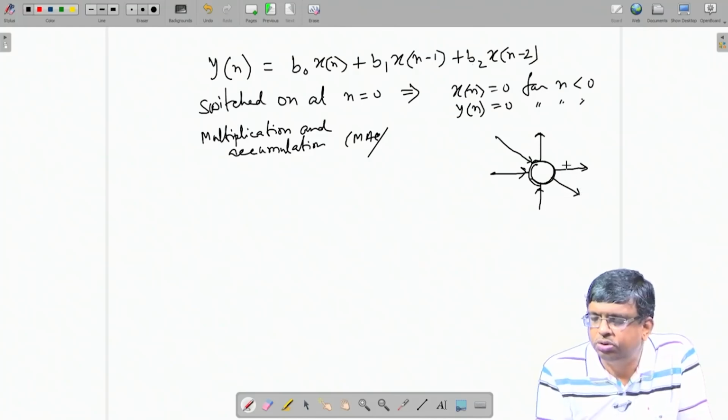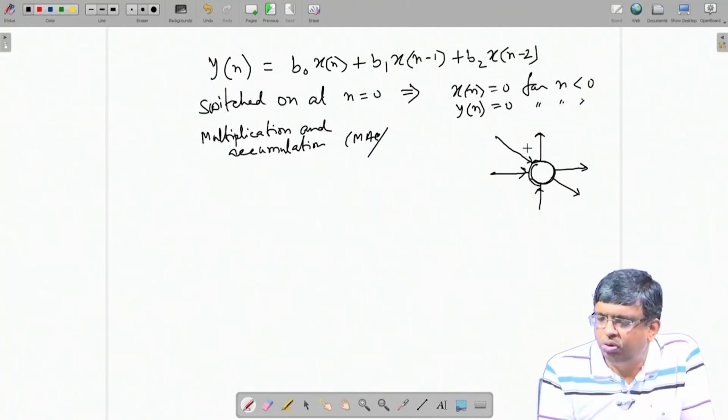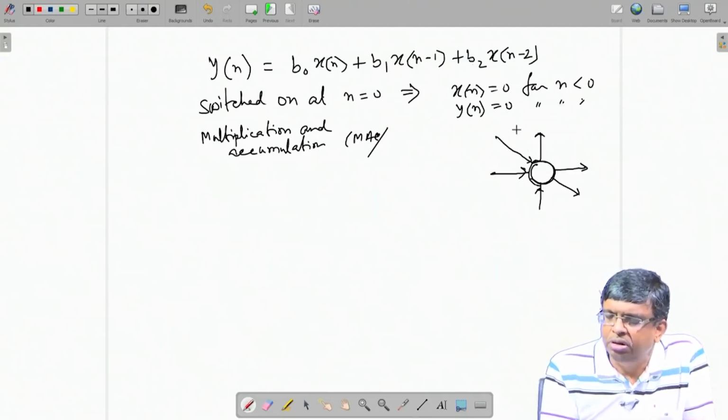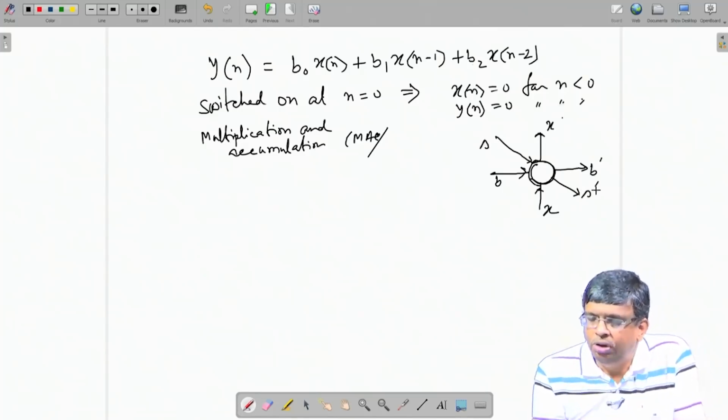So, I define a node, basic processing node that has 3 input incoming edges, one is this, one is this, one is this, and 3 outgoing edges, one is this, one is this, one is this. So, it works on the incoming data, does something and generates one output here, one output here, one output here. How to explain, how to define? We just give a name to these variables, say let us call it B and let it be B prime. Let us call it x and let it be x prime. Let us call it s prime. Then we give a definition,